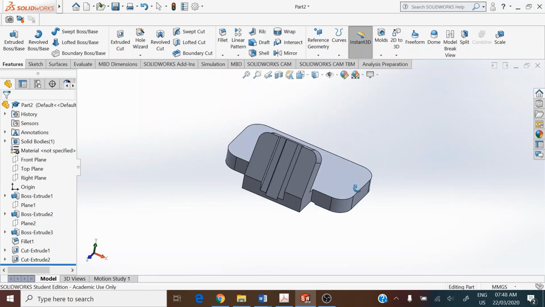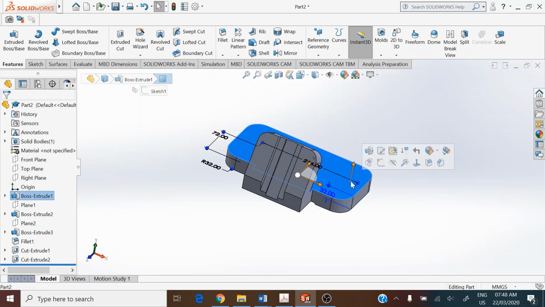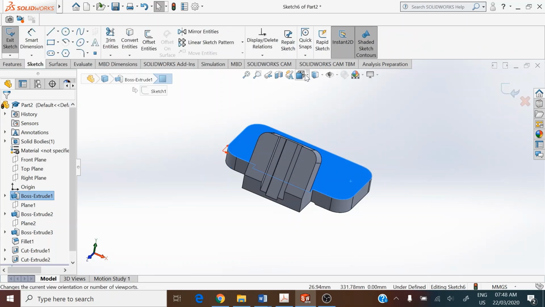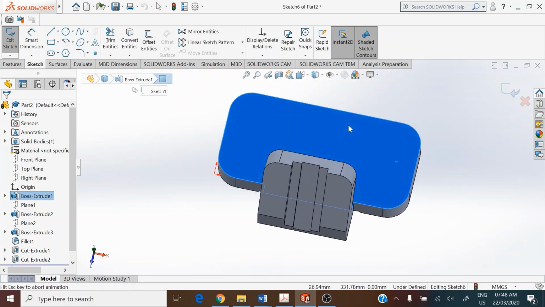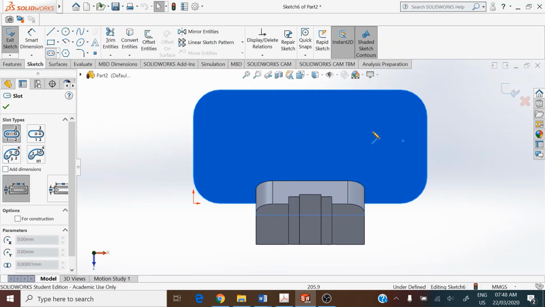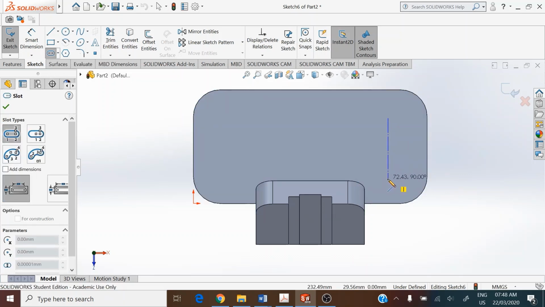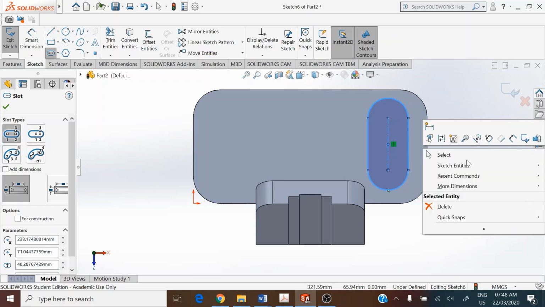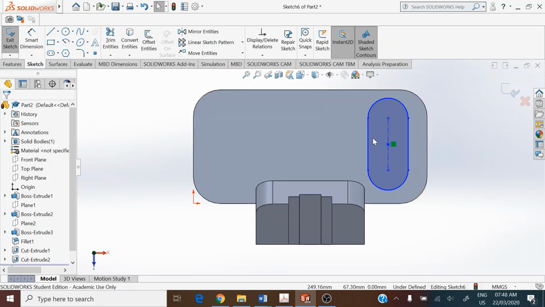We then add the boss on top of the surface here. Select the top surface, make that a sketch plane, go normal to the surface, and under sketch toolbar select straight slot. Drop the two centers for the straight slot, assign a radius. Use smart dimension to assign the dimension for the straight slot. We have got the radius over here as 22,